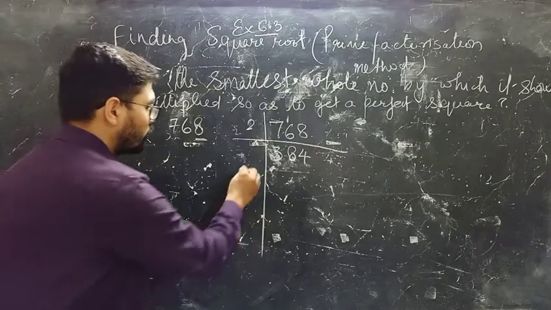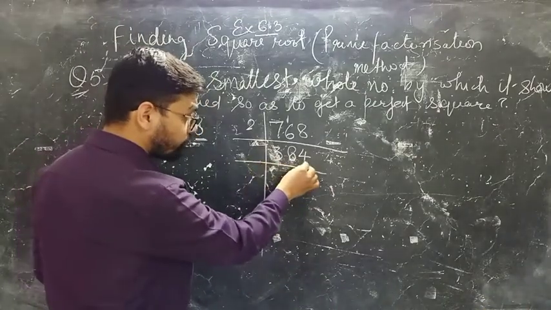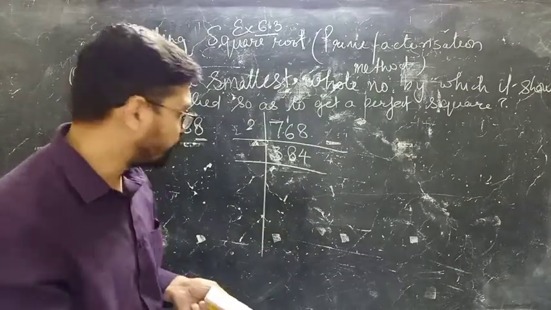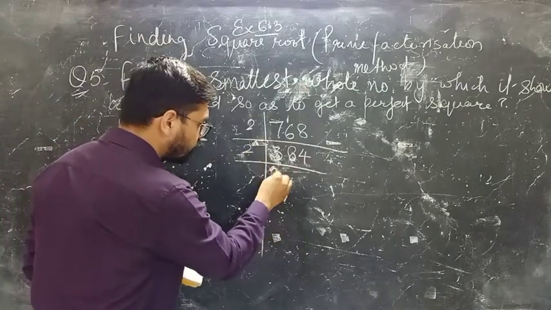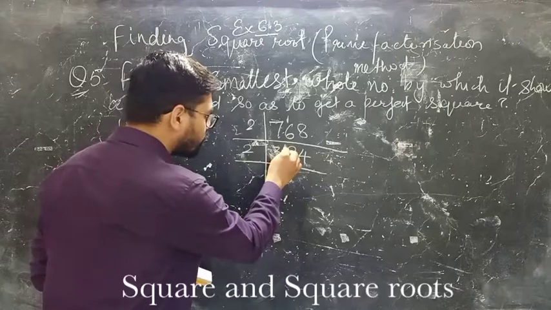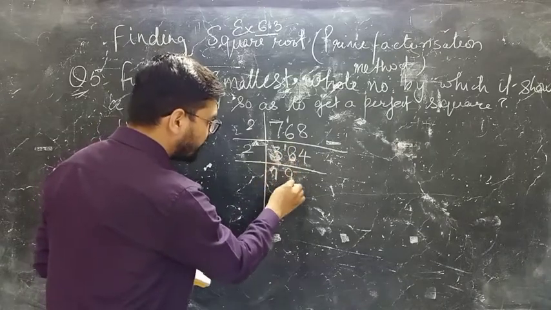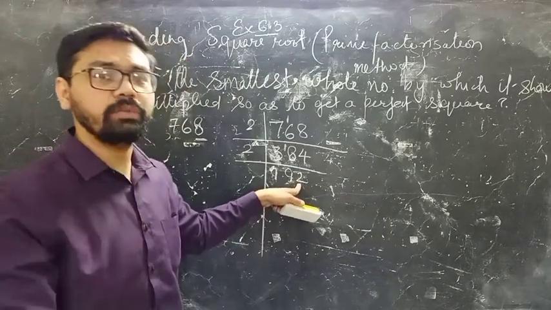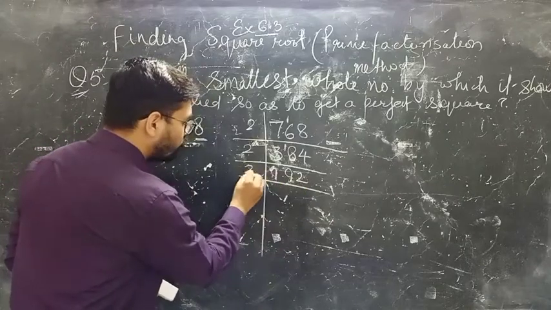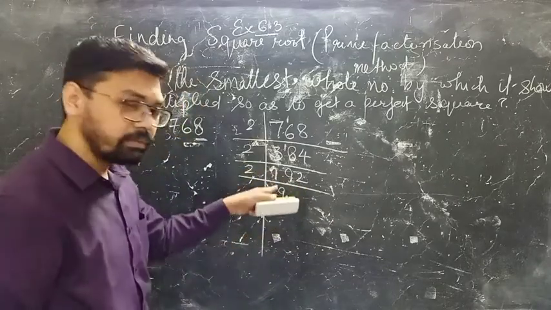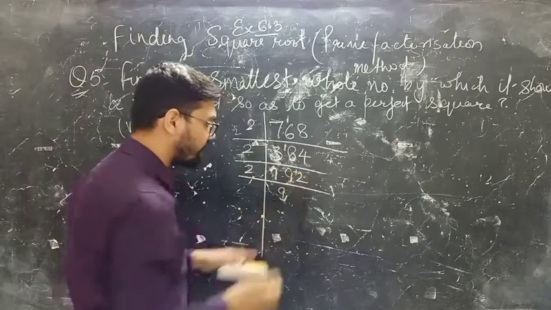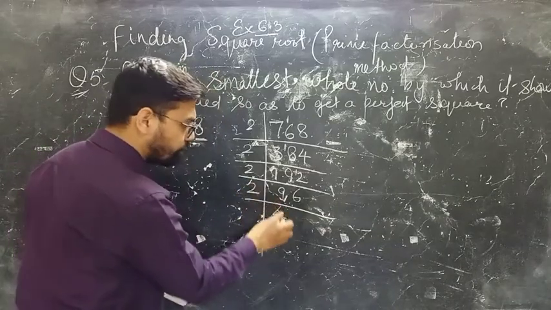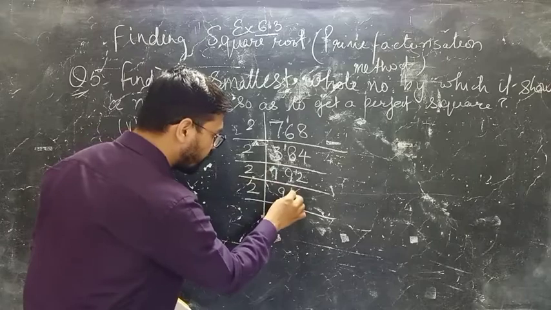Now this is 3 but this is 4. 4 is an even number, so this number is divisible by 2. So 2 1s are 2. 3 minus 2 is 1, so this is 1. 2 9s are 18 and 2 2s are 4. Again 2 is in the unit place, that means it is an even number and it is divisible by 2. 2 9s are 18. 2 6s are 12. Now 2 4s are 8. 9 minus 8 is 1, so 1. 2 8s are 16.